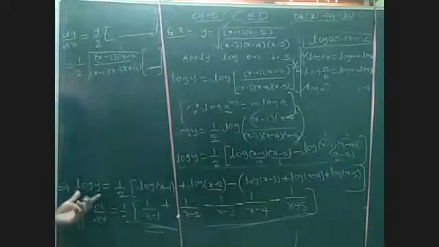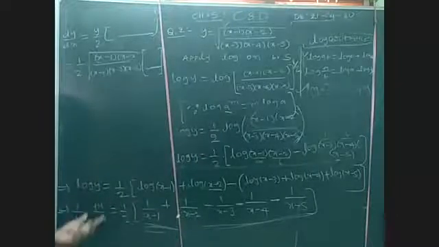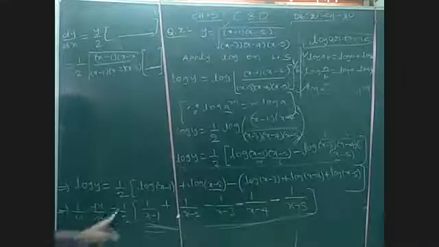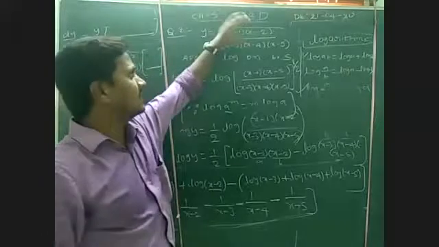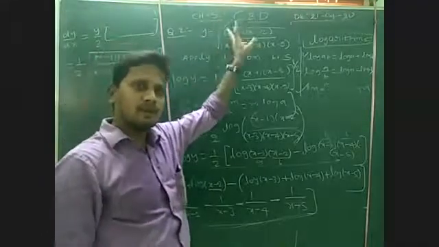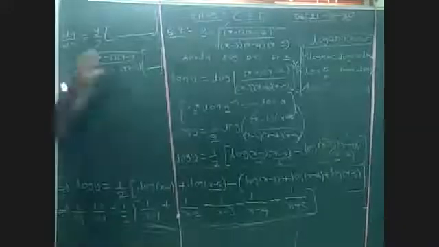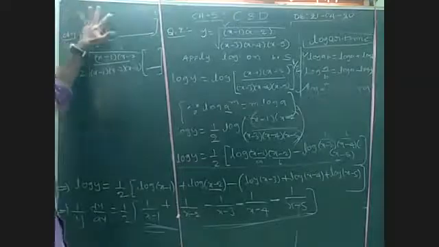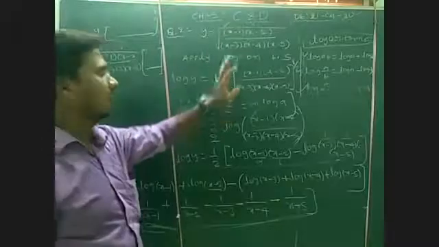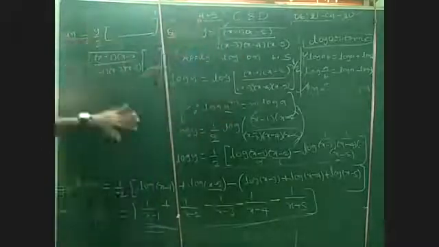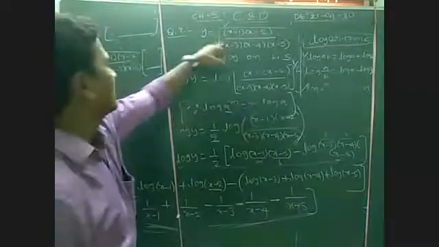Left side always will come like this. Left side in every question will be log y, that is 1 by y dy by dx. At last you can cross multiply y and you should replace the y value, because they gave the question in terms of x. Don't simply cross multiply and leave it, because they gave the question in terms of x only. They didn't give y is equal to 9. They gave it in terms of x. The answer also we need in terms of x, so you should replace y.